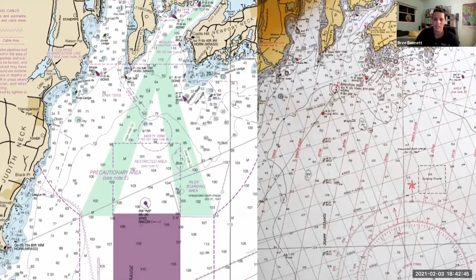I guess that's a great answer, but anyways, here's that Brenton Reef Light, Carol. I didn't even know I had it on the slide. Now it does not exist, but it existed back in, I don't know, the 70s or the 80s when that chart came out. But now they don't even have it. They have a safe water mark buoy instead. So anyways,